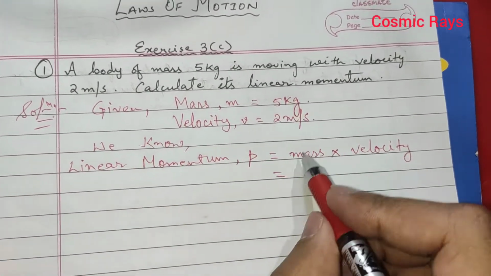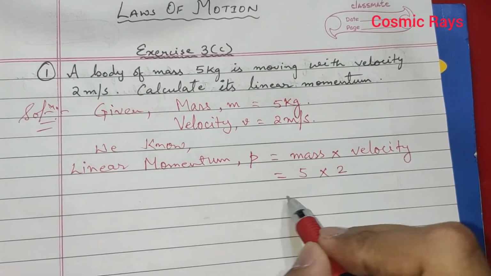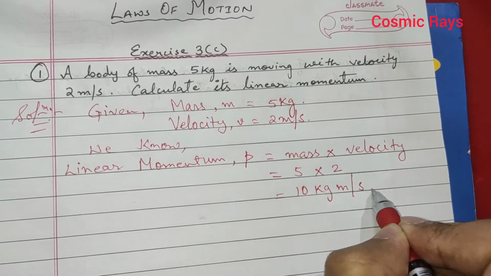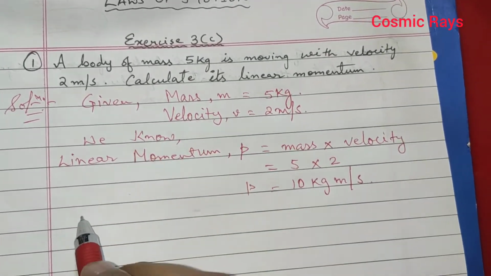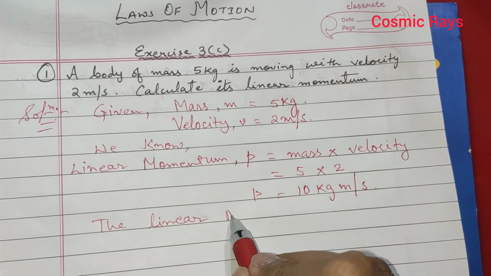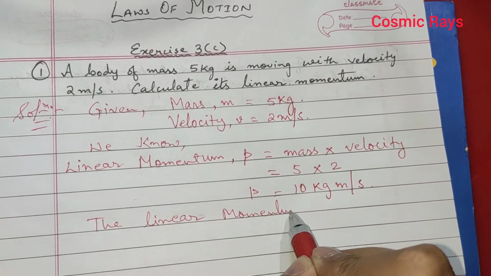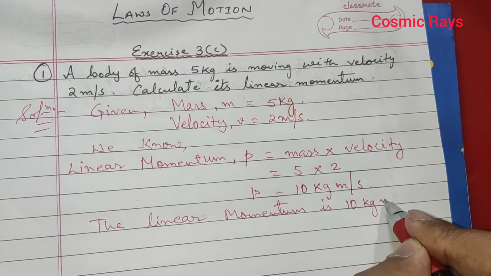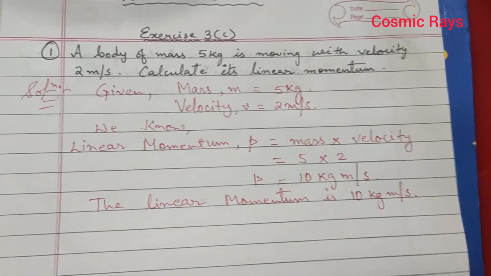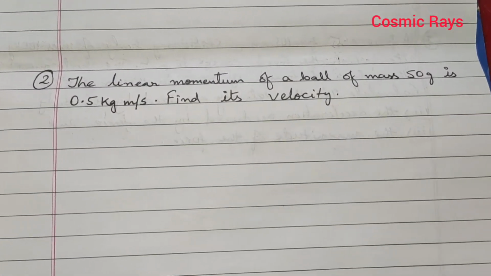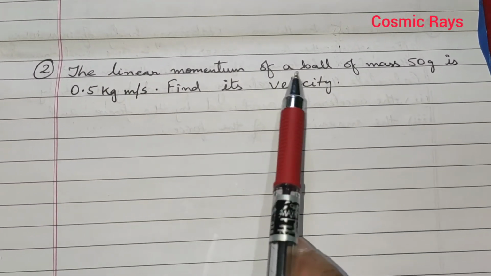So we have the values, we will simply put it. 5 into 2, we have 10 kg meter per second. So the linear momentum is 10 kg meter per second. This is the answer. Now we go to question number 2, which says the linear momentum of a ball of